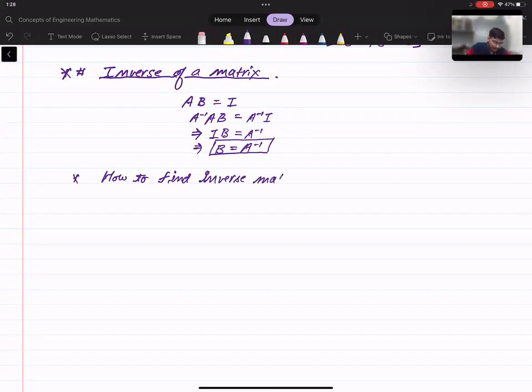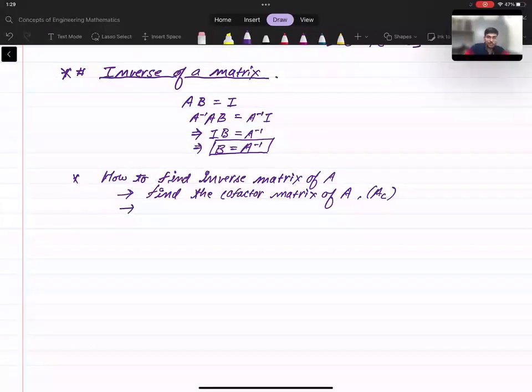Inverse matrix. So again, we need to follow a certain procedure. Firstly, simply find the cofactor matrix. How to find the inverse of a matrix, say A? Find the cofactor matrix of A. Let us call this AC. And after that, find the transpose of that